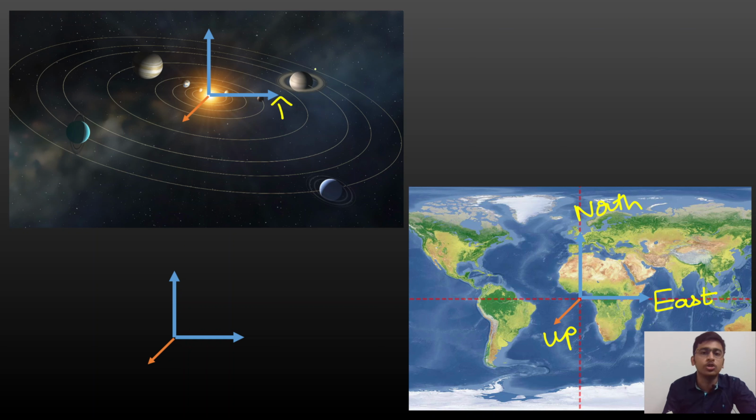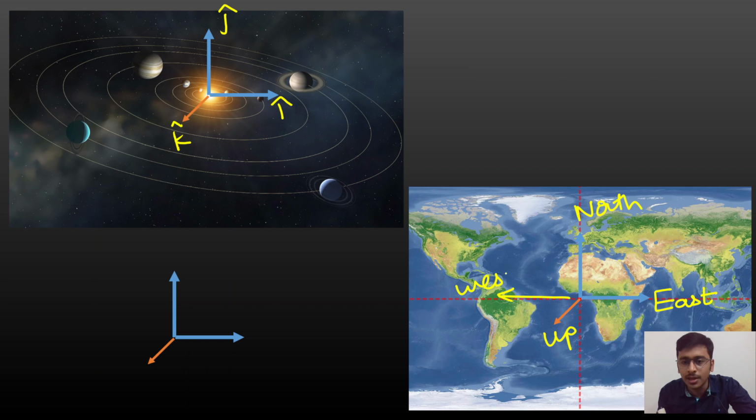So we can say Jupiter, Saturn is in the I cap kind of direction from the Sun, and I don't know, is this Uranus, Neptune, whatever. So this Uranus, Neptune is kind of in the k cap direction from the Sun. So what direction is Jupiter in? What direction is America in? So America, being a western country,